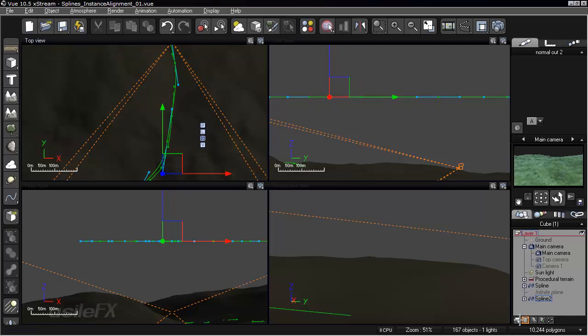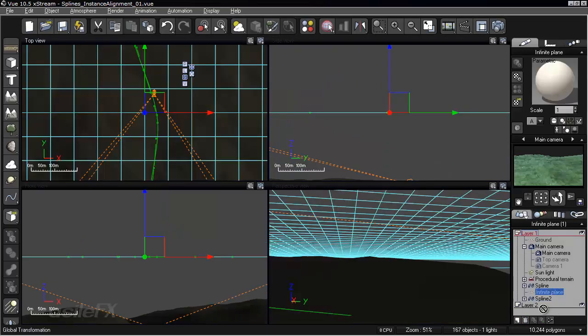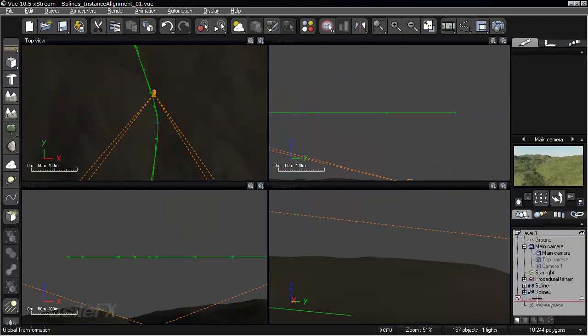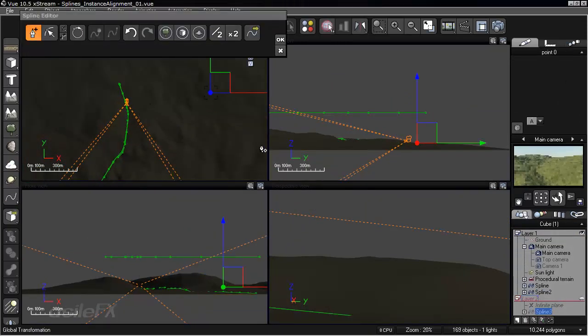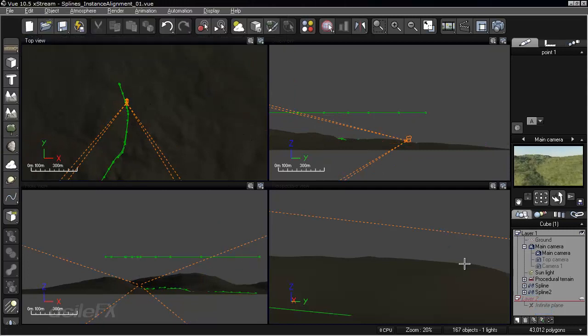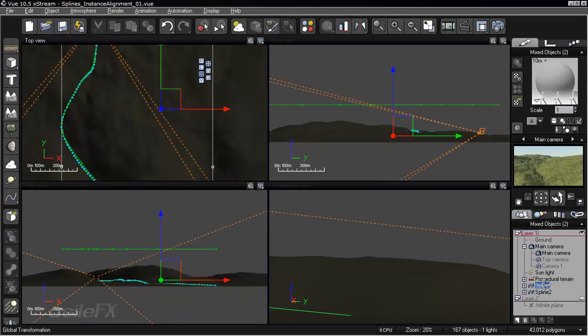So what I'm going to do for now is create a new layer and put that infinite plane in it, and we're going to hide it and make sure it's not rendering. And that way it shouldn't interfere with anything. If I go to create a new spline, say, I should be able to ignore it. So just go ahead and cancel that. So what we're going to do is use this new spline,